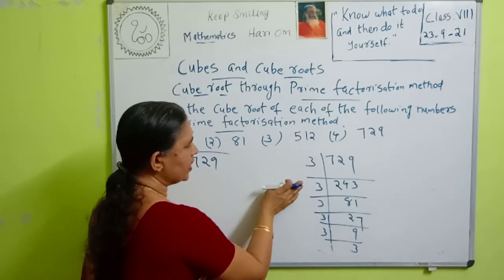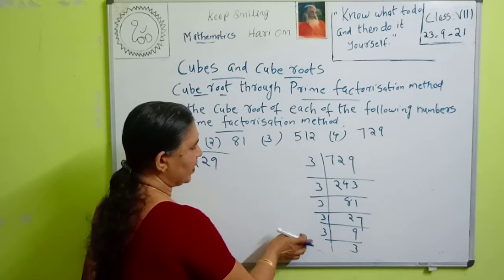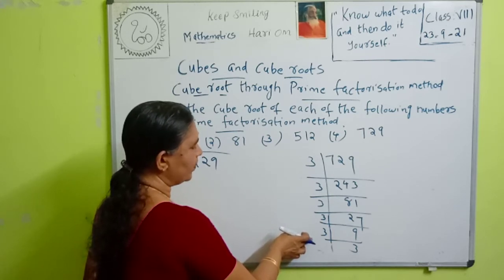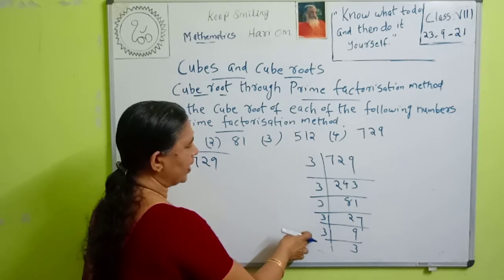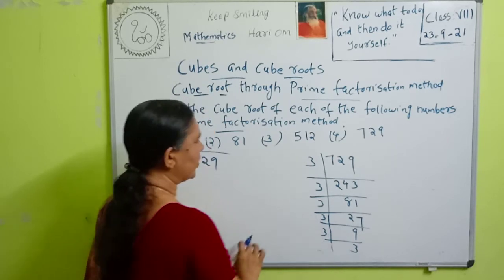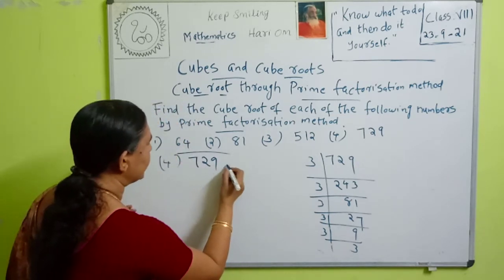Then what is 729 into 3? 3 into 3 is 9. 9 into 3 is 27. 27 into 3 is 81. 81 into 3 is 243. 243 into 3 is 729. Therefore, what is the prime factorization of 729 is equal to